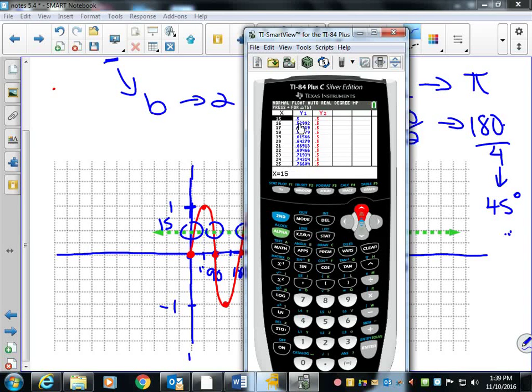We need the x value when the y is 0.5. Do you see that? 0.5 and 15. And then we have to scroll through until we find 0.5 again. So this would be annoying too because you have to scroll everywhere until you hit a 0.5